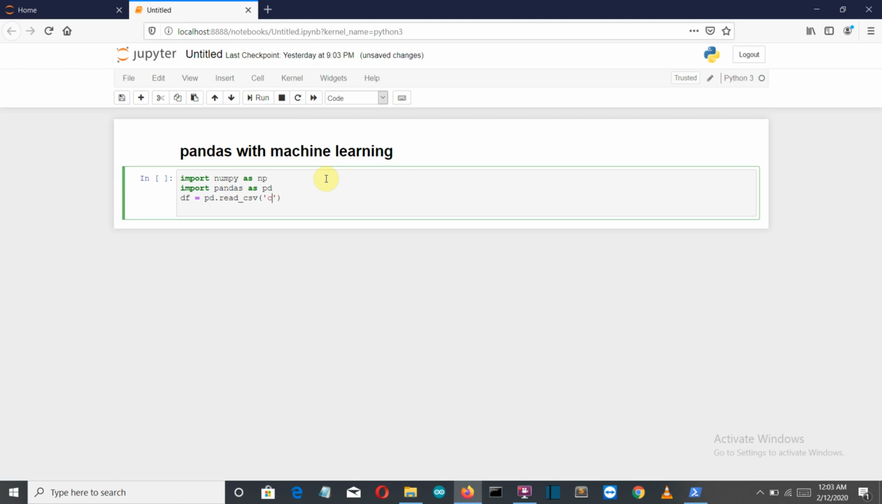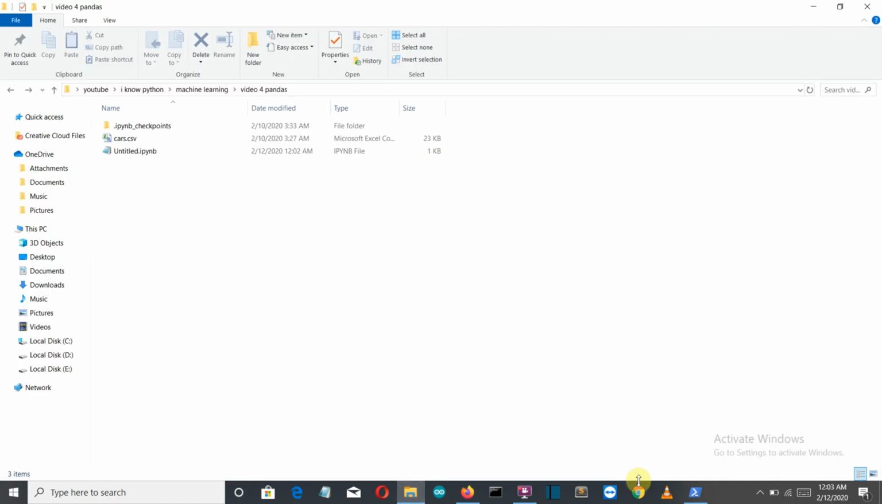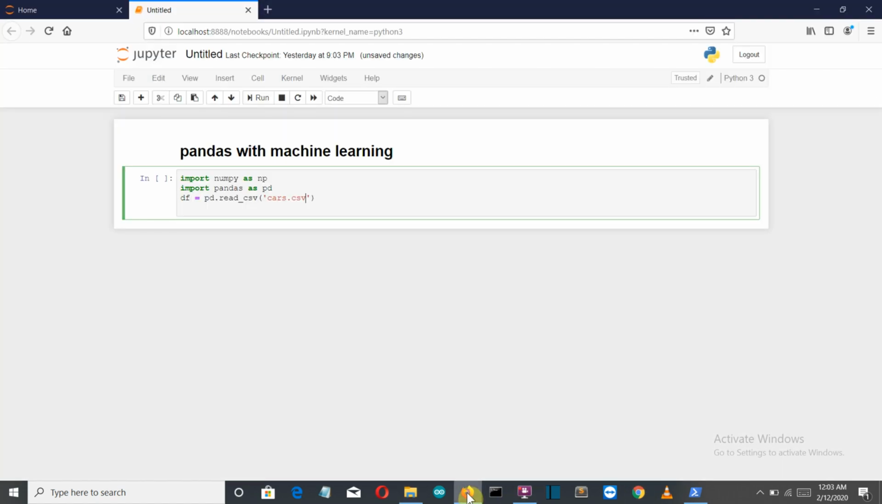So we'll write our file name. I guess this is the file name, cars.csv. I'll provide the CSV in the GitHub repository. The link will be below. And